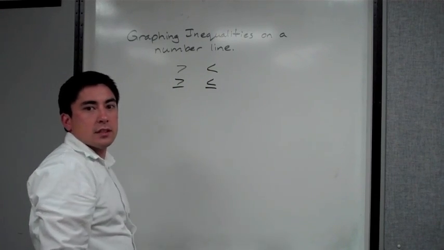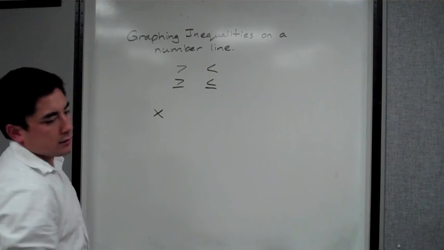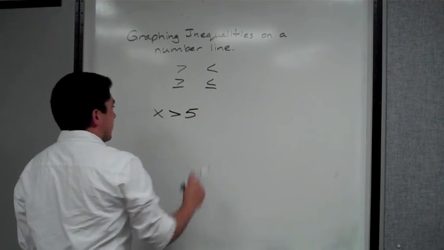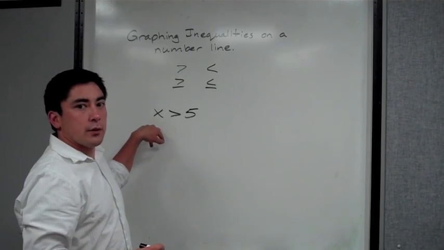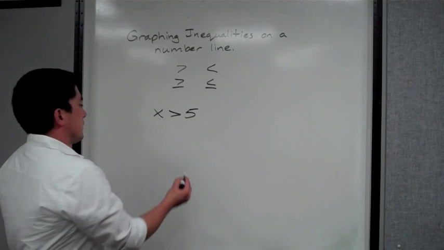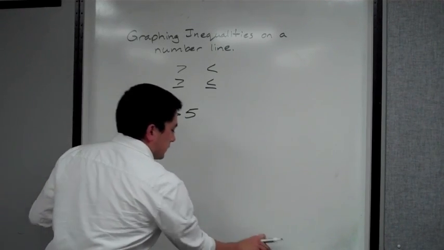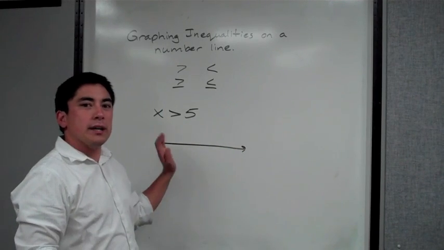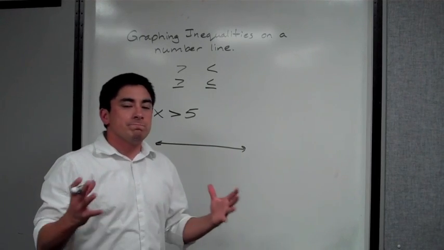Okay? So if I give you something like this, x is greater than 5, and I say I want you to graph this on a number line, you need to know what to do. Well, if I have my number line here, oops, it doesn't go up and down. Okay? Now, I know you could be writing 0, 1, 2, 3, 4, all the way to 5, but I